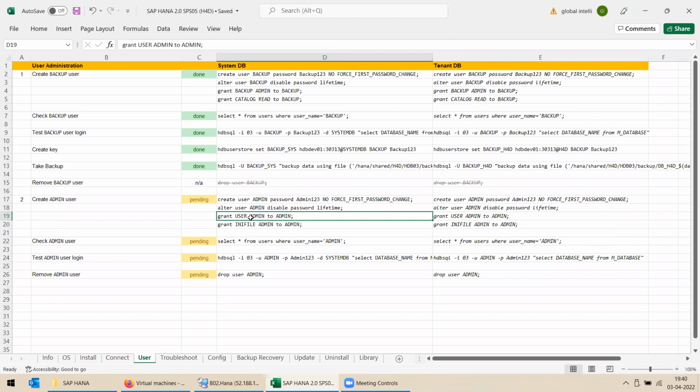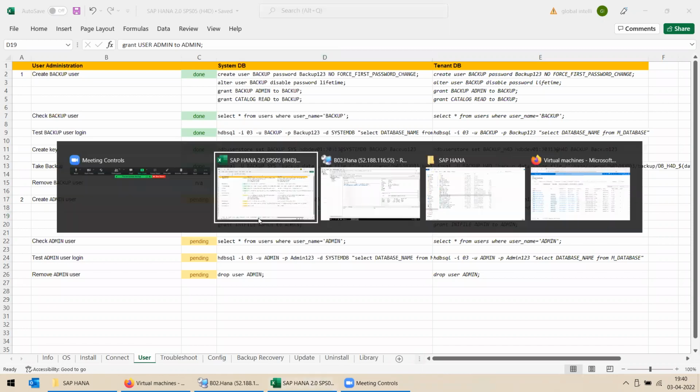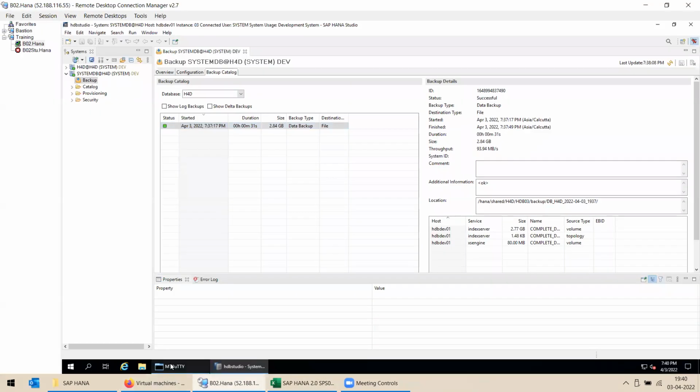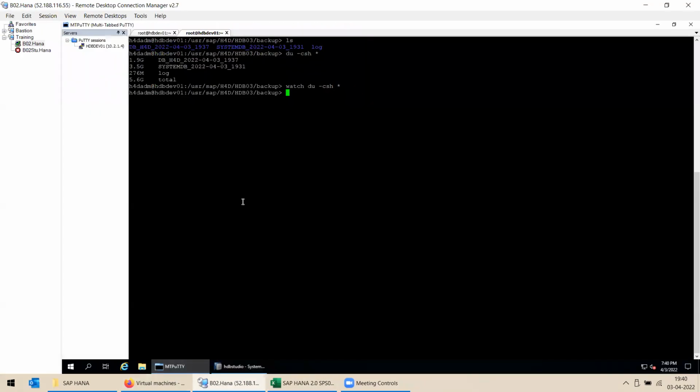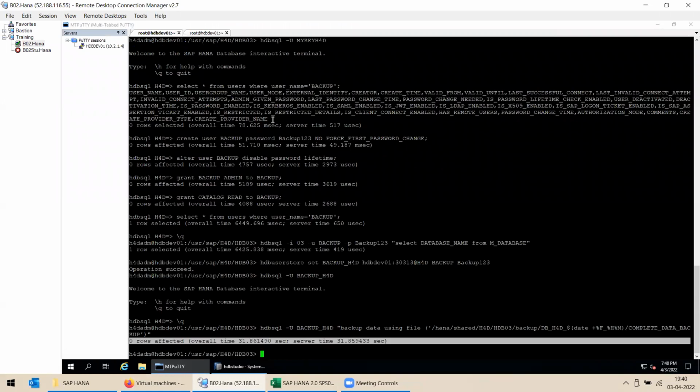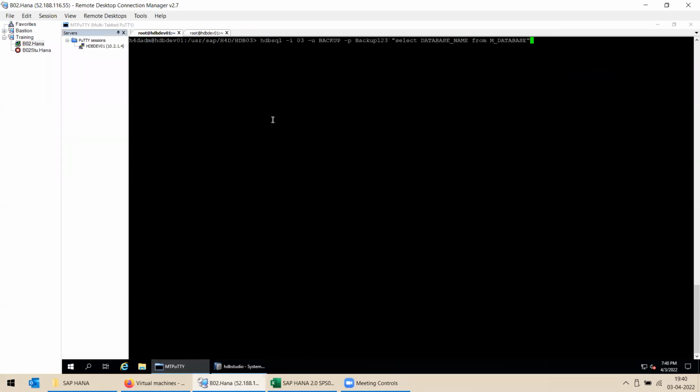Okay, let me show you an example over here. If I log in with my system user, with my key H4D, this is for the tenant database, my key sys. Now here, if I log in with my tenant and try to change my password,